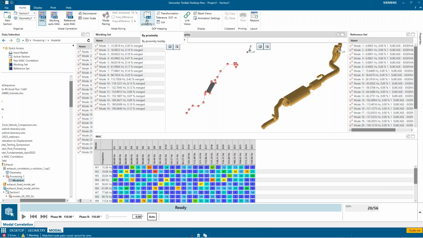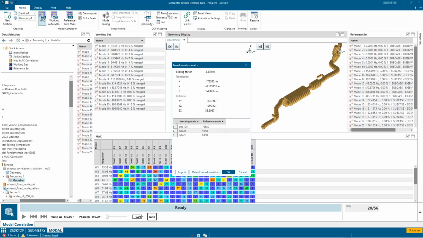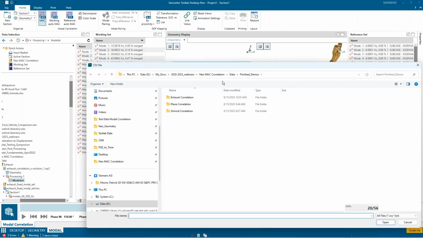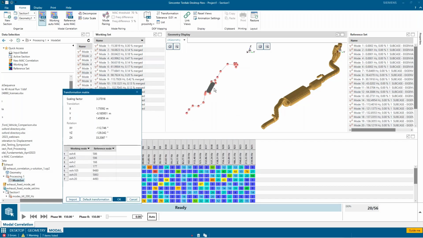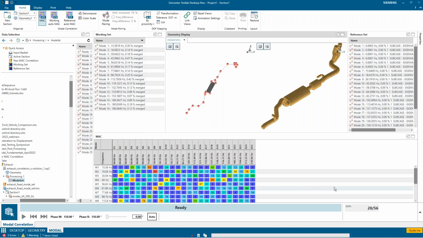So if I go to my transformation matrix here, I can see what it is. I'm going to just import nodes that I know work. I have them both in text and CSV. And I can see these 7 nodes I know work very well. I had spent more time picking the 4 corners around this exhaust, corresponding here, made sure I was on the same top surface on both of these, and made sure that these 2 tailpipes are oriented the same. Then I can click default transformation, and this has changed a little bit. And now if I hit OK,